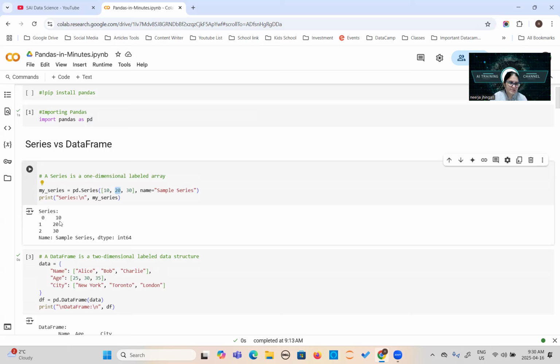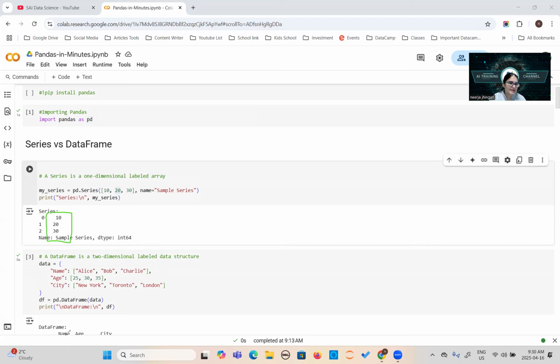Now look at this. This is a series. It contains only one column and we call it one-dimensional data. This is one-dimensional, and one-dimensional data is always in the form of a series or array. It can never be a data frame. It is not in tabular form, and many methods you cannot apply on that. So try to understand, this is the major difference between series and data frame. At the initial level, understand it, otherwise it will bother you a lot later on.